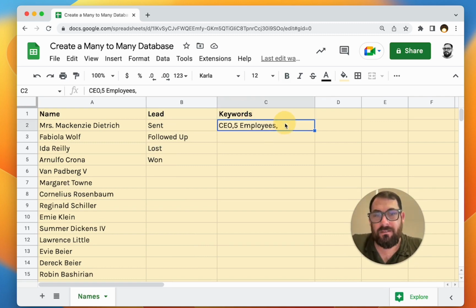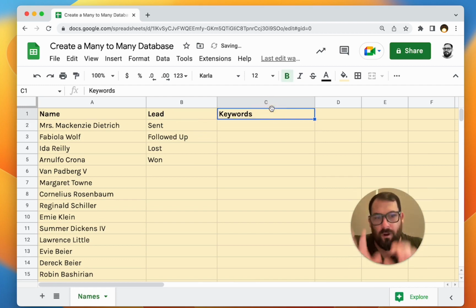Maybe there are different types of companies that you're reaching out to, or different types of people, and people have more than one category or keyword that they're a part of. People can be both a mother and a CEO. People can be both a father and a CMO. Or a lead software engineer and also be other things. So one of the problems you're going to be facing is you'll probably have multiple